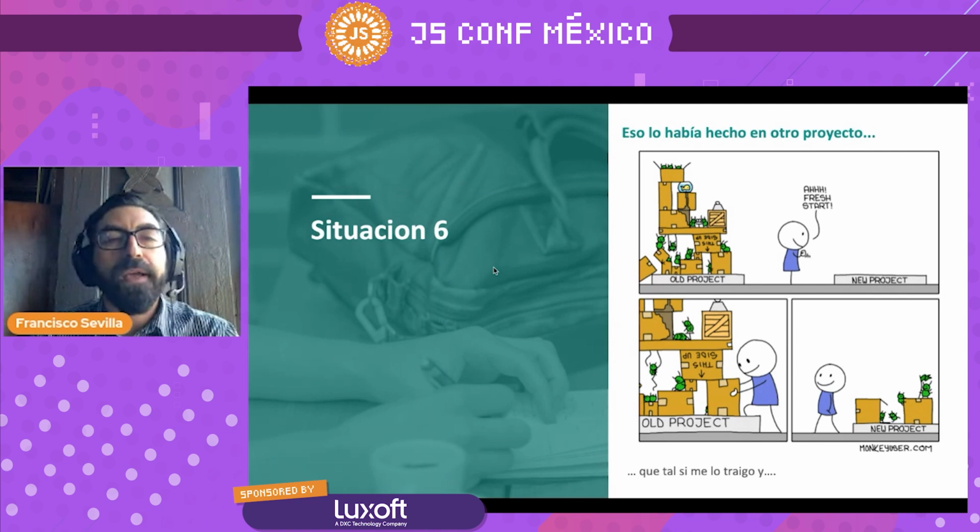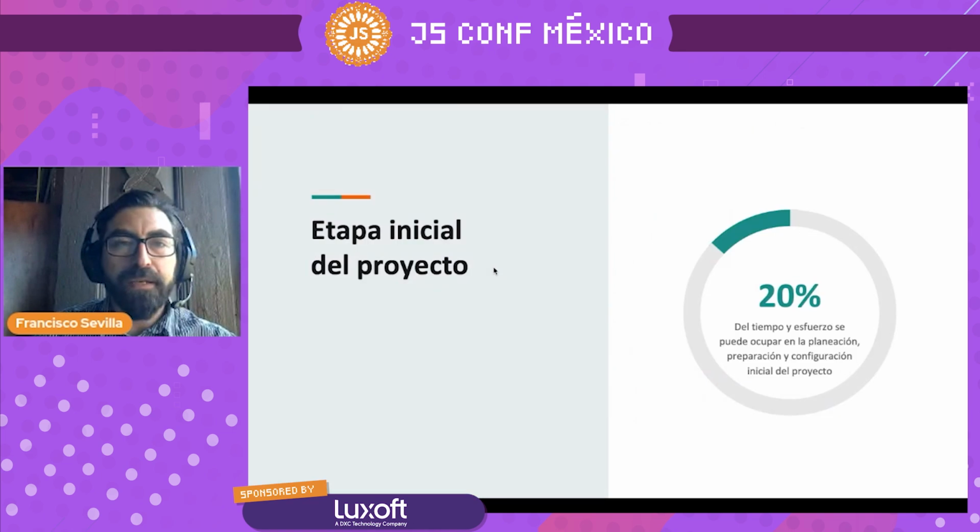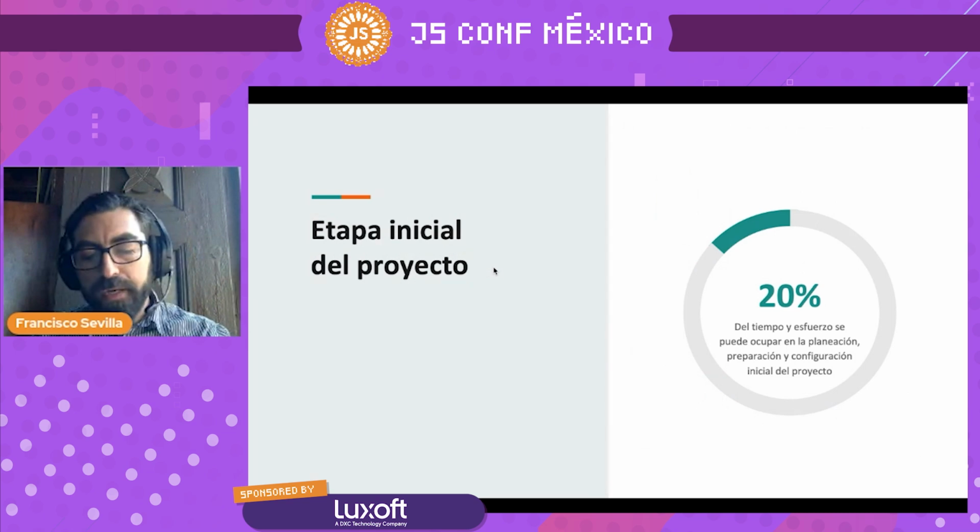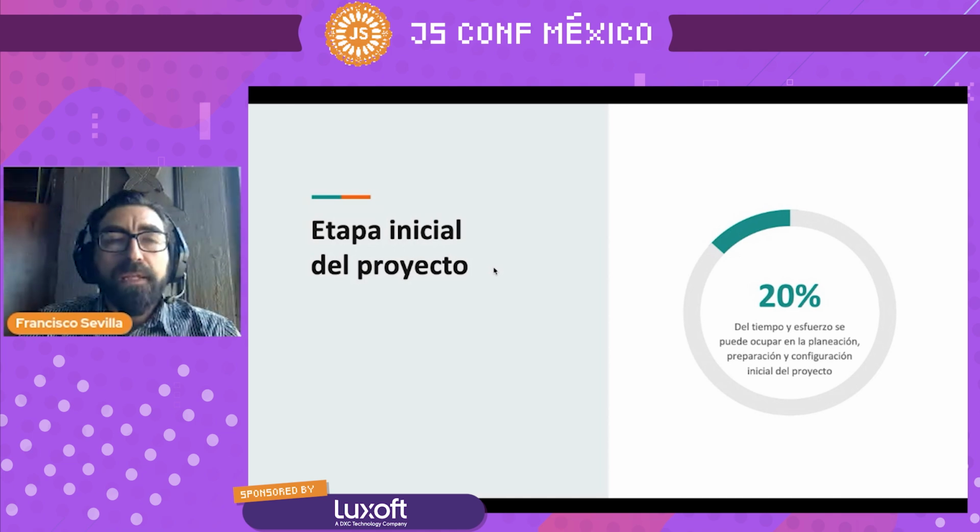So I am sure that you have identified yourself with these situations. In each initial stage of the project, we can find out, and this is a very quick number that I have obtained in several example projects when I see the example lines of code and the time it took to arrive at this first prototype, you can take perhaps 10 to 50% of the time in this initial stage of the effort, more than the time in the first 2 weeks, where you have to do all this planning, all this structure, all this validation,